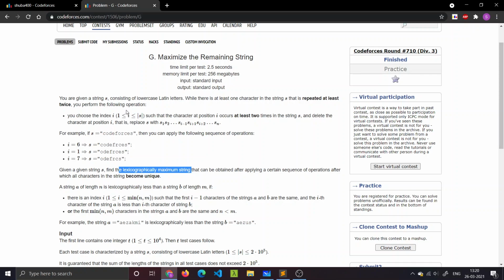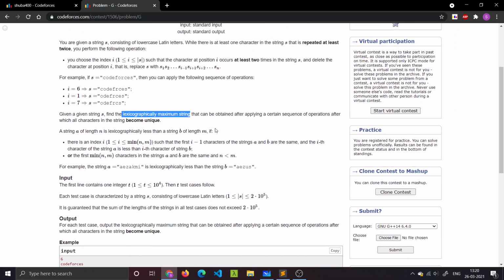So yeah. Now, the question is that we are given a string s, and we have to remove some characters from string s such that the number of occurrences of each and every character in string s, whatever the alphabets in the string s are, has been reduced to 1, and that will generate an answer string. Let's call the string answer. We have to make sure that this answer string is also the lexicographically maximum string possible, right? So this is the whole question.